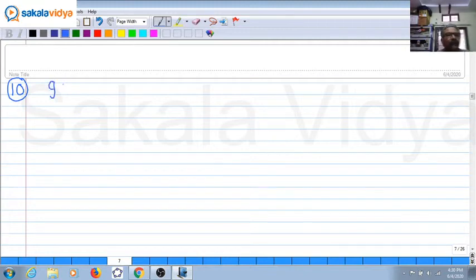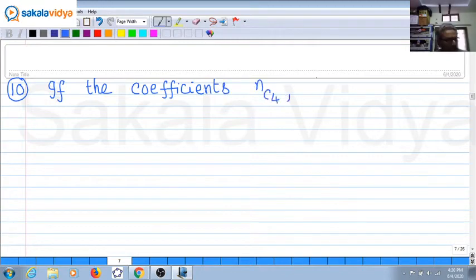If the coefficients nC4, nC5, nC6 of (1 plus x) whole to the power of n